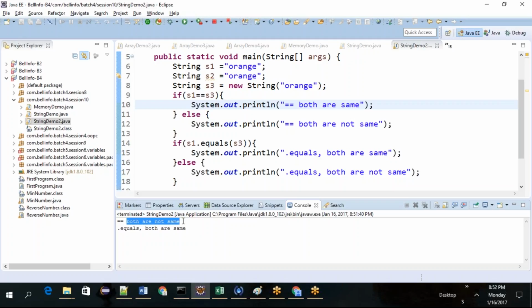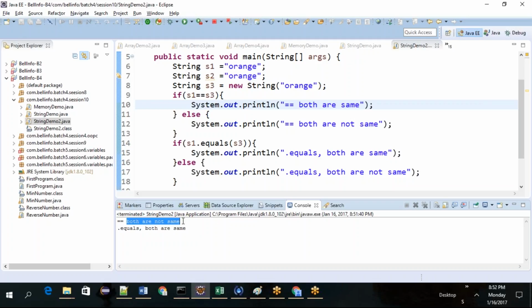Double equals is used for comparing reference variables of the object. When you are comparing primitive variables like int, double, all these things, actual value will be compared. There is no reference concept, right? But dot equals is used for comparing whether both are same or not. So that is the main important difference.